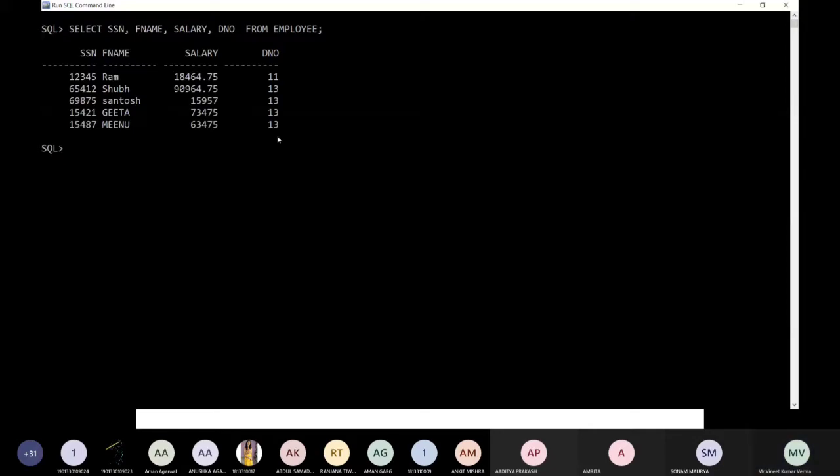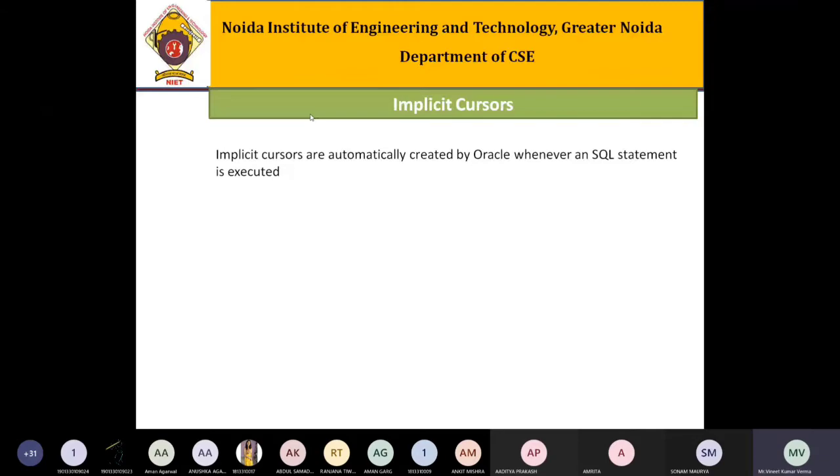So you have seen when this SQL statement is done, it is done automatically and there is no control over it. See, you can't stop in between to print the different rows.